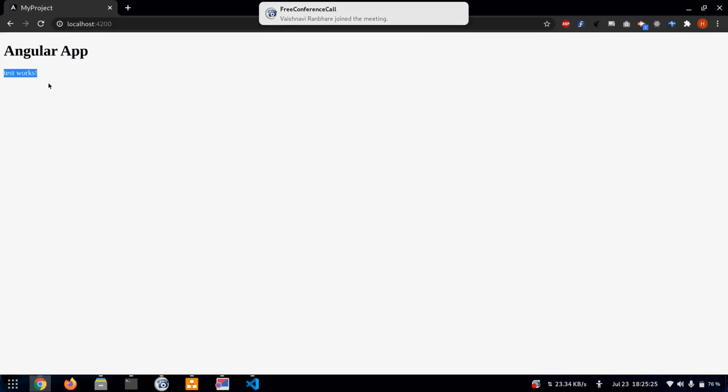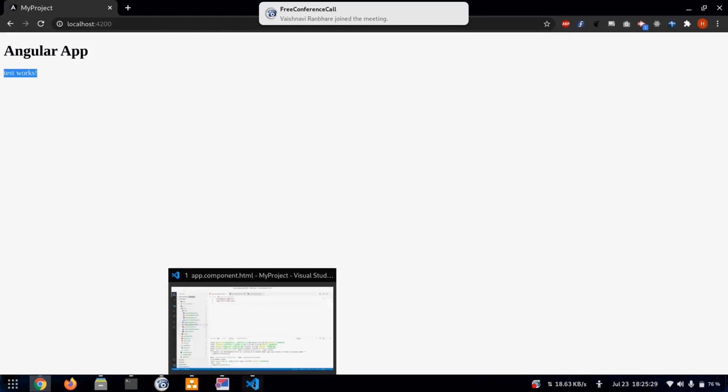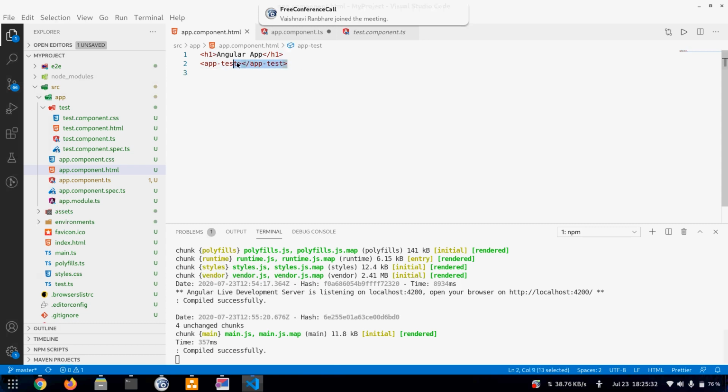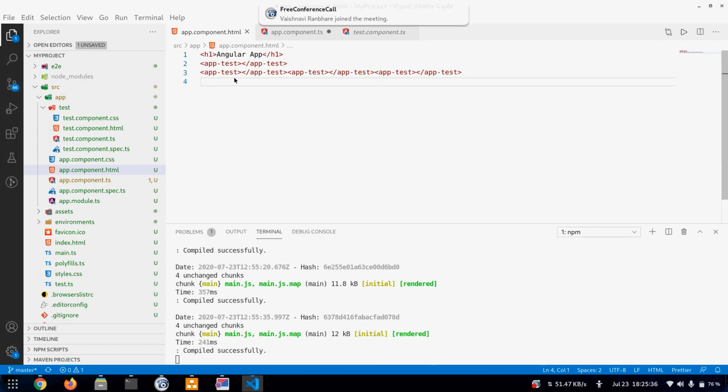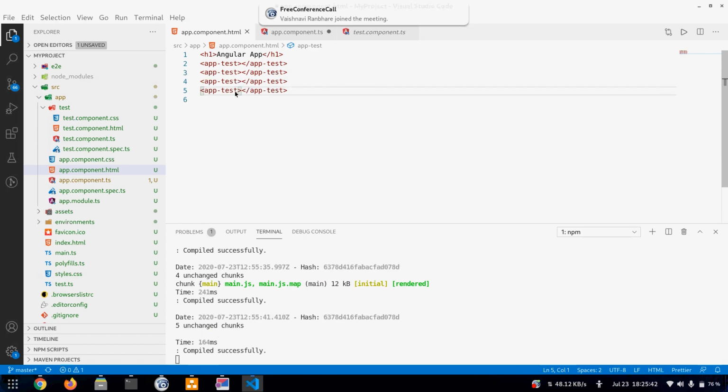Now see, this test component comes here. And I can also repeat it many times. I have created this 4 times, so now the component gets displayed 4 times.